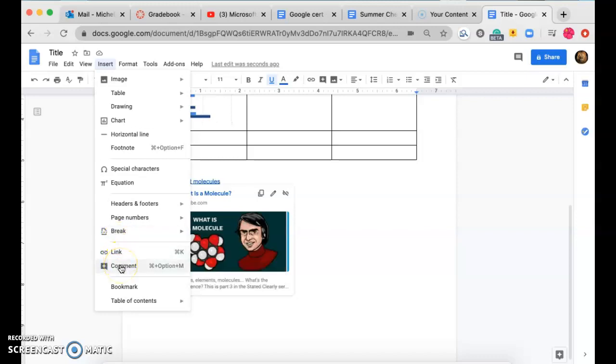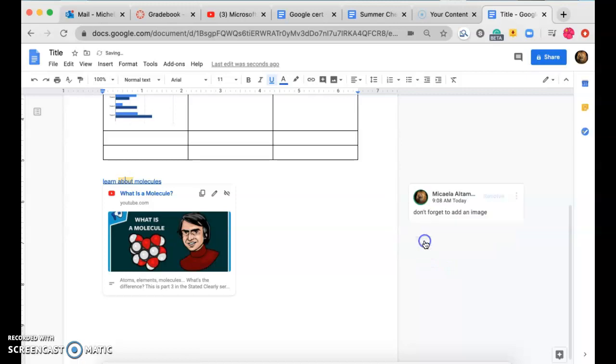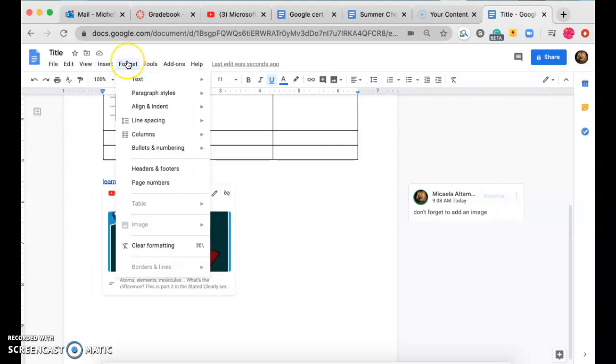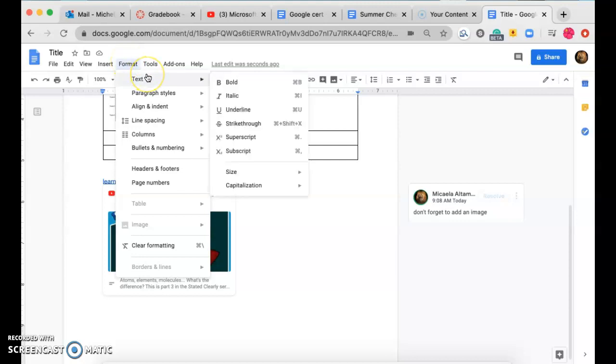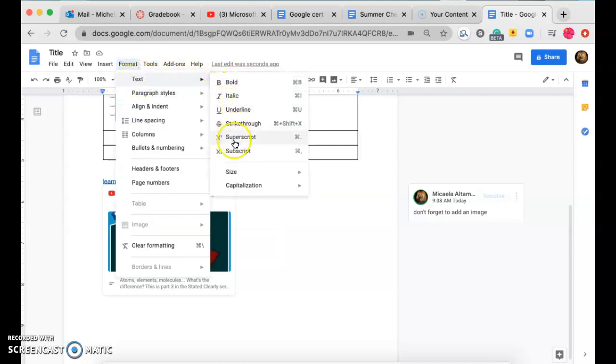You can comment on here if you're working on it together, if you want to remember to leave yourself some notes. And you can do a table of contents breakdown, like if you're going to do an outline or something. On the format option, here's all of your format options. I'm not going to go through each of them because most of you know